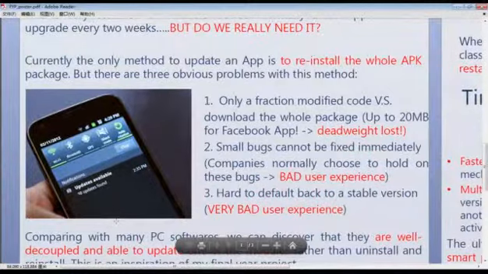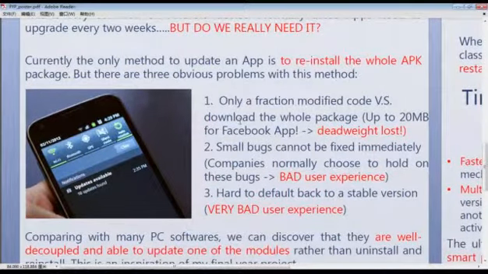The first major problem is that we can see only a small fraction of the code is modified, but we must download the whole APK package. I mean that traffic is equal to money, so we are wasting money in this procedure. The second disadvantage is that when the companies find some bugs in the current version, the current implementation is